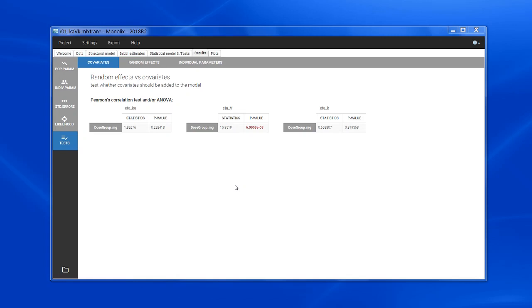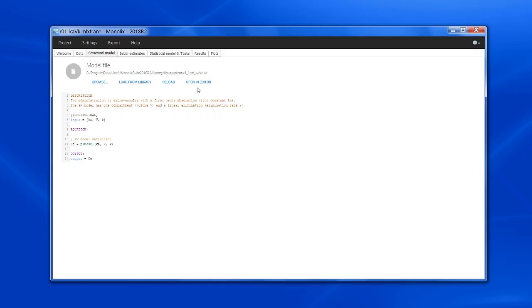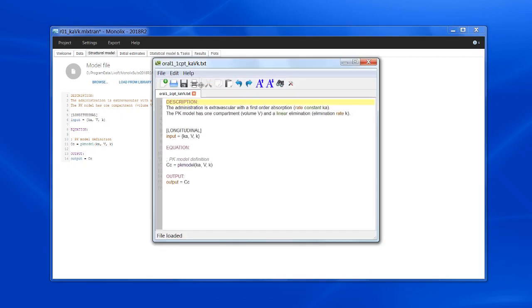So starting from my previous model, I'm going to use the last estimate to start from good initial values next time. Go to the structural model tab and open the model in the editor and modify it in order to introduce the dose-dependent bioavailability. So I'm going to write p equals Fr, and I'm defining Fr using the AMT dose keyword.